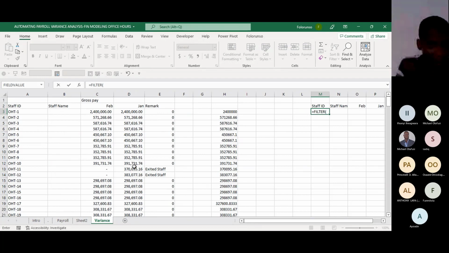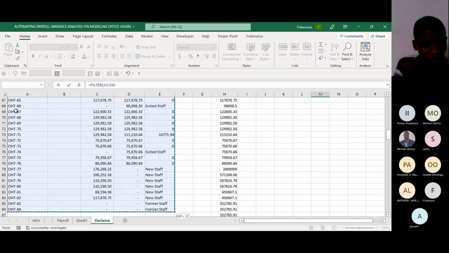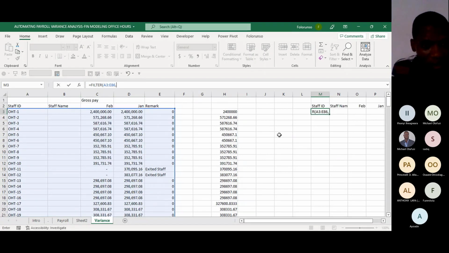So we have our array. So we have our criteria. Our criteria will be this remark column